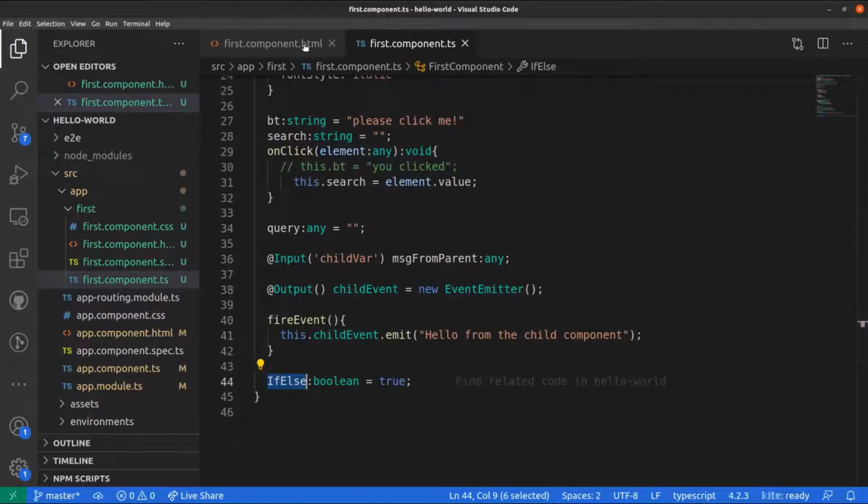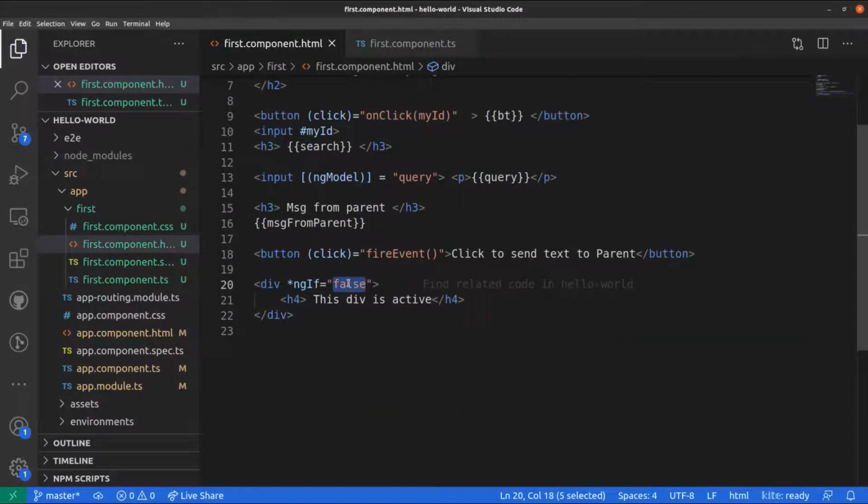We'll replace this with our false statement here. Now let's try to add the else statement too. To add the else statement, first we need to use a colon here to specify the statement is over. Then we use the else keyword, because with the if then else keyword, we can use the template reference